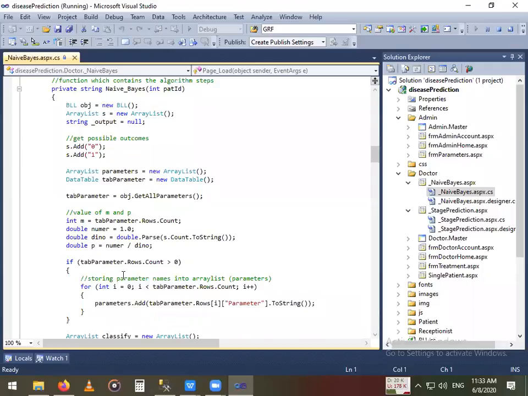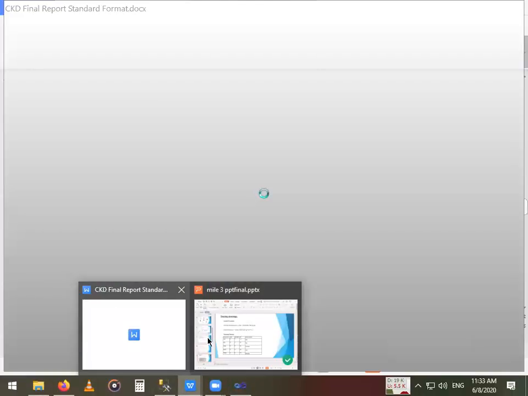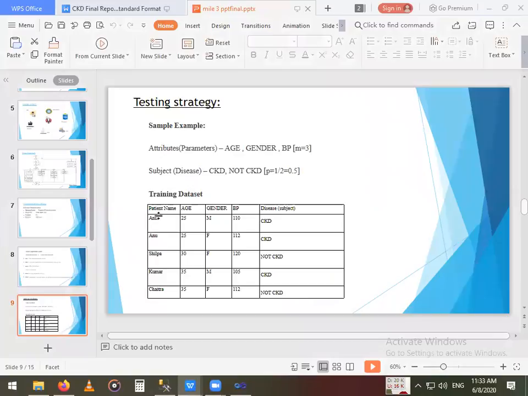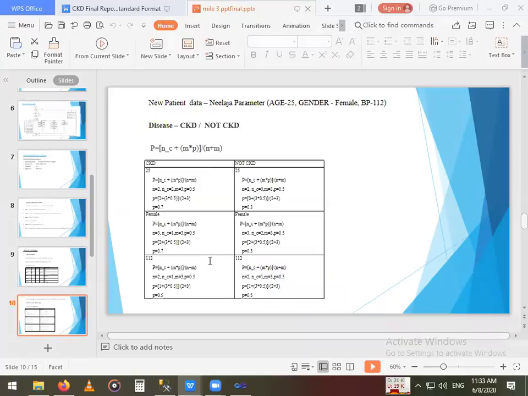For that, initially in the example this runs only for 5 times because we are using only 5 data sets, whereas in the final project it runs for 1000 times. That is how many data sets that we have used. Since we have 3 parameters in this, we have 3 yes or no values. Here first we'll take the parameter age is equal to 25.